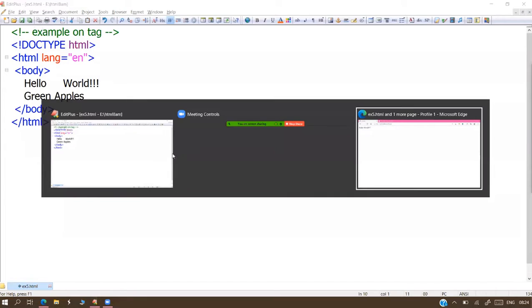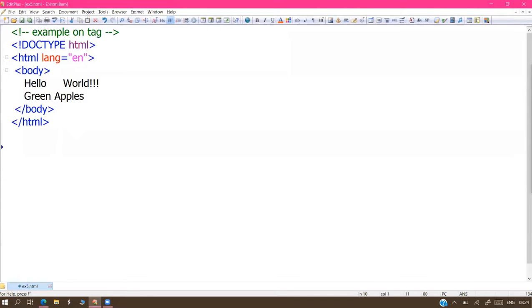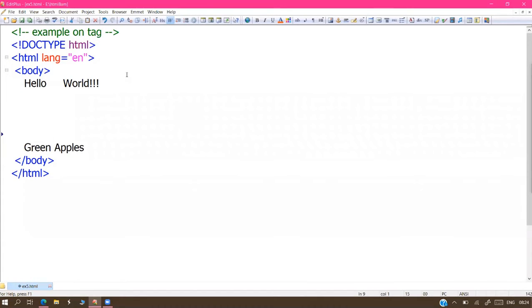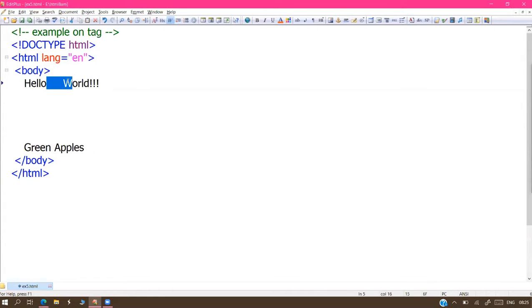But in the output, what happens? Both come in the same line. We designed them in two separate lines, but the output comes in a single line only. This is another note point. When designing the program, if you press the enter key, or give any number of enters, those are all wasted. They are removed by the browser, which produces the output side by side only, not considering these enters or extra spaces.